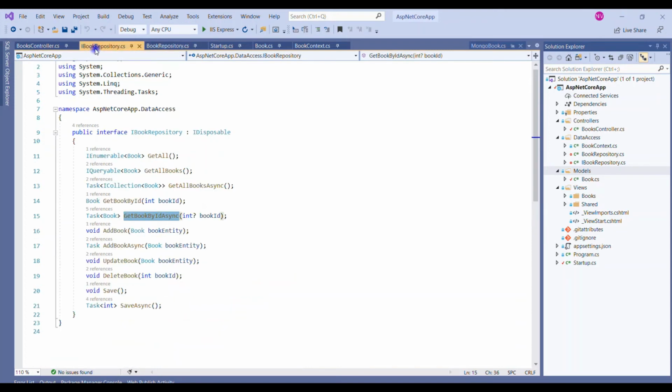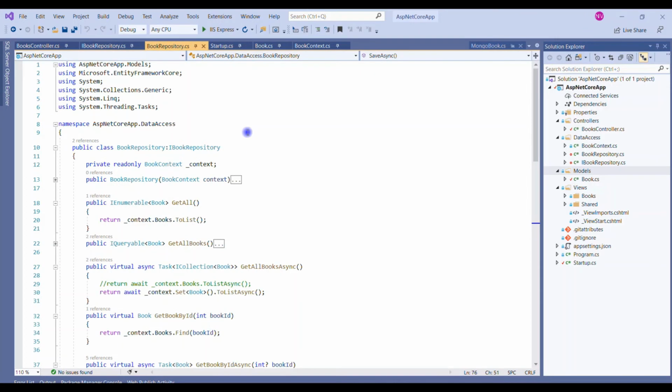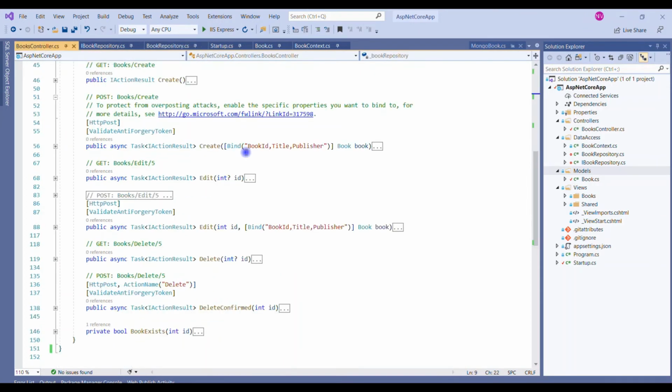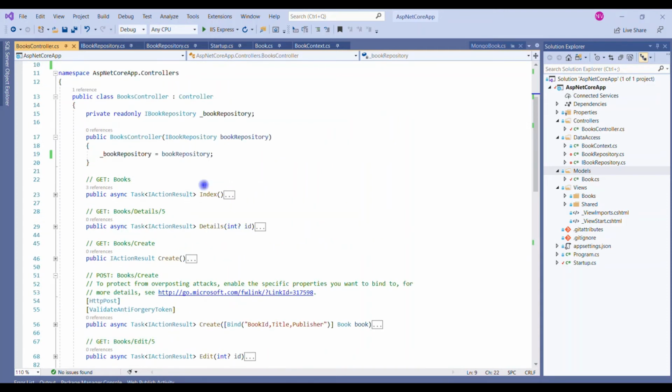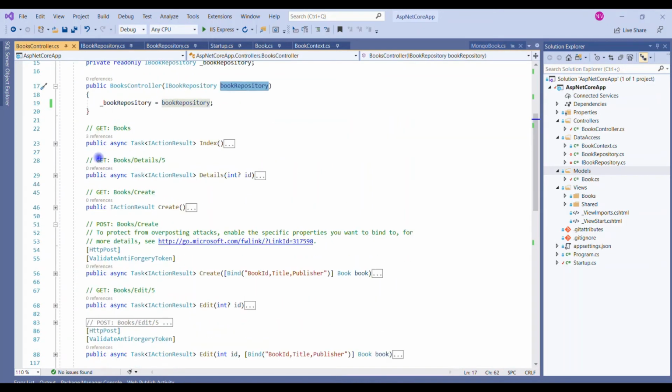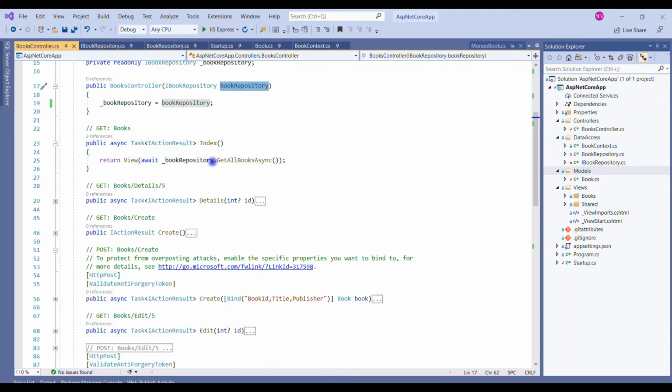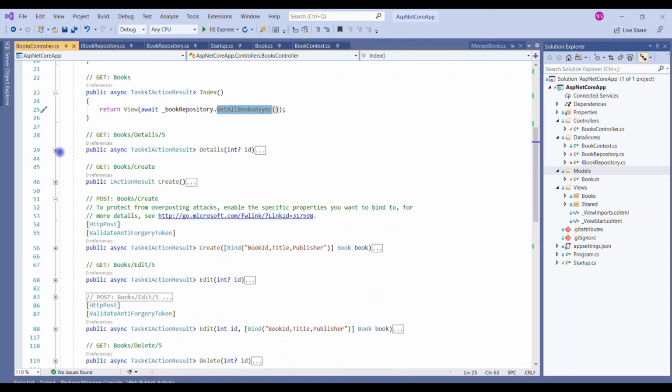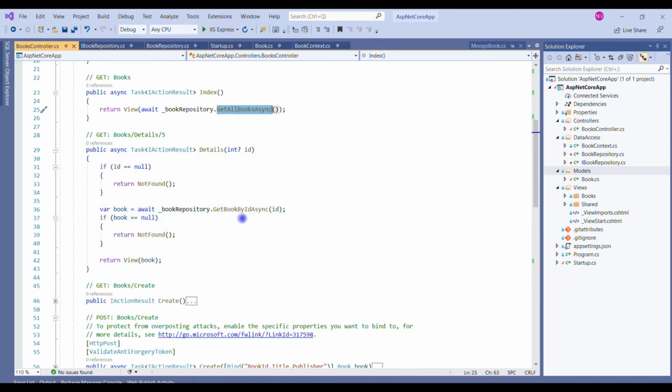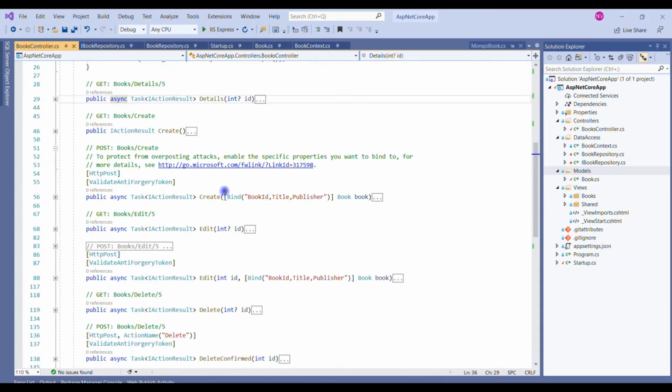Okay, so we have covered the interface as well, we have covered the implementation of its repository, and let's have a look at how we have implemented this in our controller. So this is our controller, and this is our dependency, which will be resolved. If I talk about the index task, we are calling the asynchronous version of get all books. And if I talk about the detail, we are also calling the asynchronous one, and everything is available, which is important to use this.